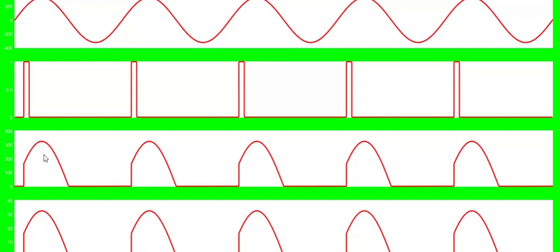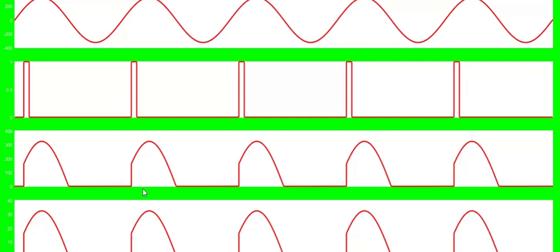So the output voltage, V output, we are getting. This is the output voltage. After 2 pi, again the firing angle is there, same way. You can see the magnitude of the current here, 30 degree only. It is 300 by 10 because I gave the load as 10 ohm.